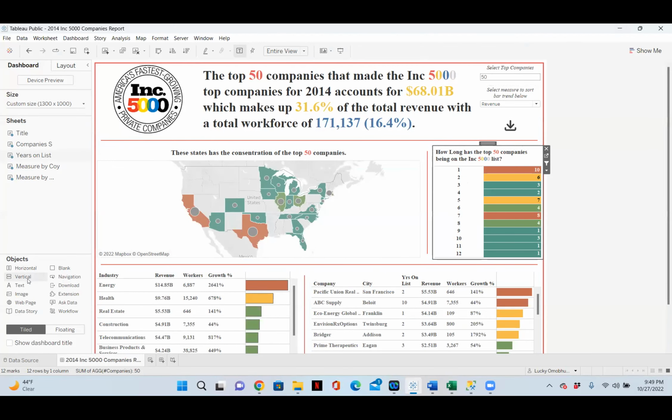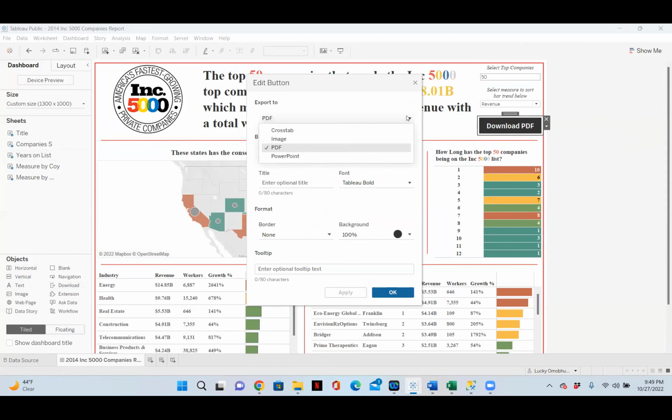Now, what did I do differently here? I brought in my download icon here, my download field. By default, it's going to show this download PDF. And I said we can format this to be either PDF or PowerPoint or image or crosstab, it doesn't matter. But now I'm just staying with this PDF. So here, instead of using text, I will change it to image, just the same way you brought in this image logo. So just change this to